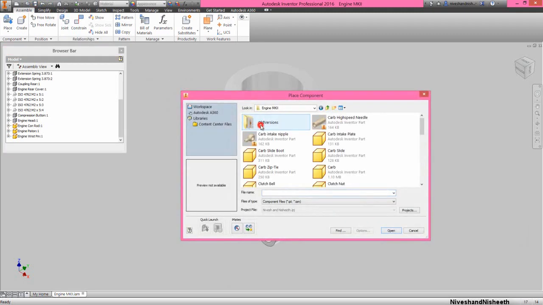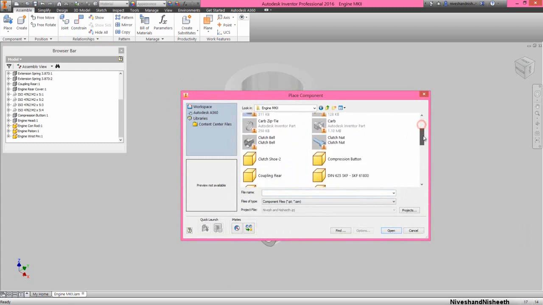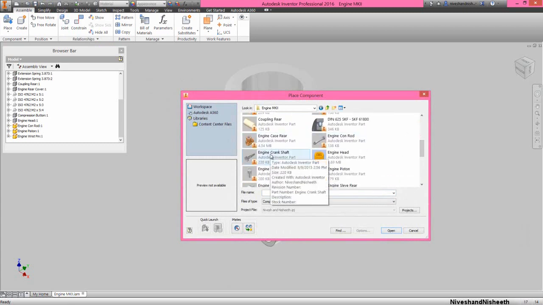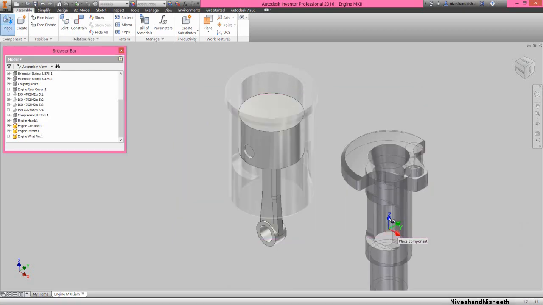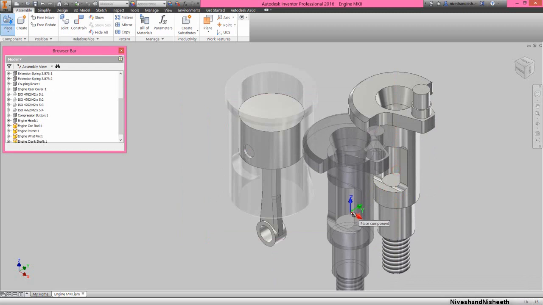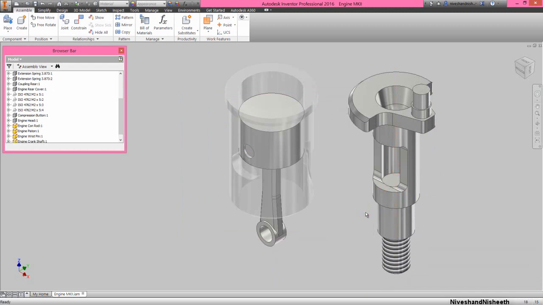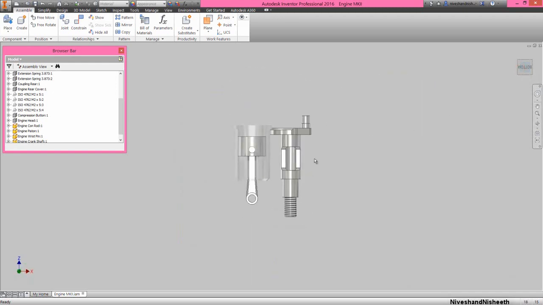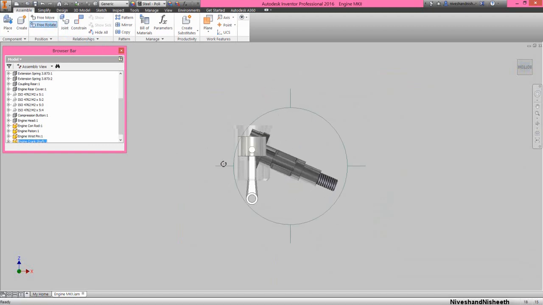Now we will place the part engine crankshaft in my engine MKII assembly. Now we will rotate the crankshaft in this position.